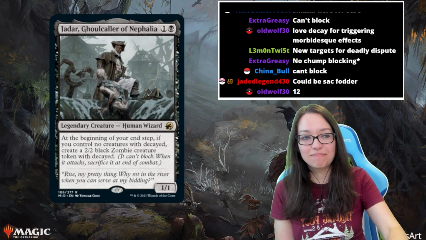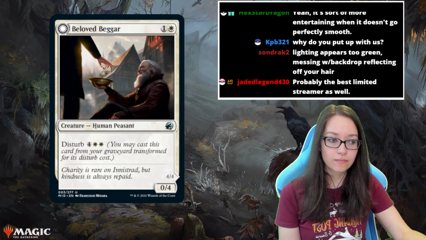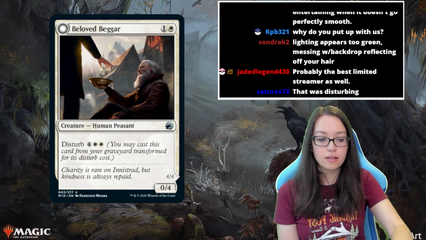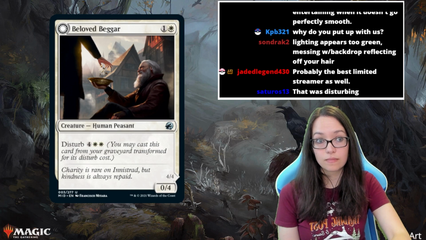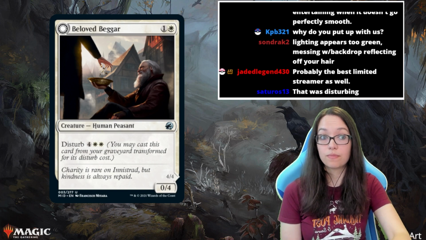Sure. Disturb is another mechanic that's only going to appear on double face cards. And what it does is it allows you to play the card from your graveyard for its disturb cost, but you get the backside of the card. So the card we're seeing here, Beloved Beggar, it's 1 and white for an 0/4. But then if it's in your graveyard, you could play it for 4 white, and you'll get the backside of the card, which in this case...